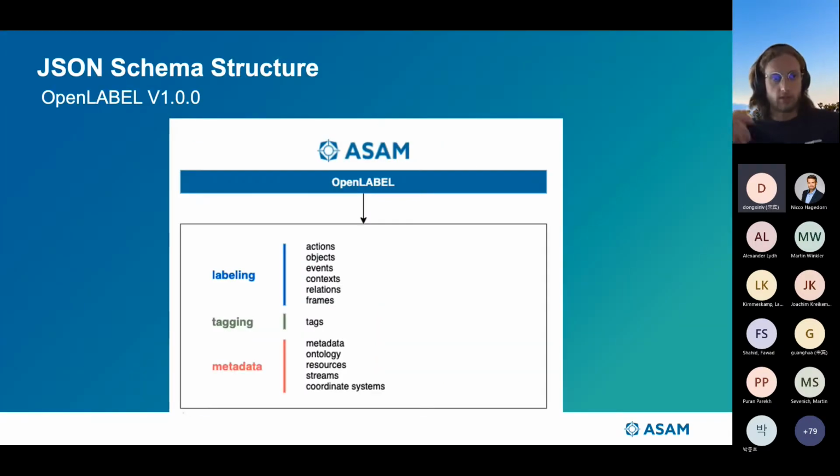So just a high-level introduction of the JSON schema structure, but then we'll have Marcos Nieto from Decompec, who was the project leader for this work package, and he's going to be diving deeper into the various pieces. But as a general overview, in terms of JSON schema structure, we have some very high-level semantic categorization of what we're going to label, expressed mainly in terms of actions, objects, events, context, relations, and of course, divided per frames. We have the tags for scenario tagging, and we have what we call metadata, which are pointers